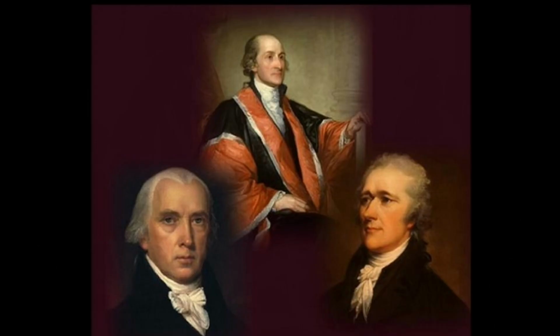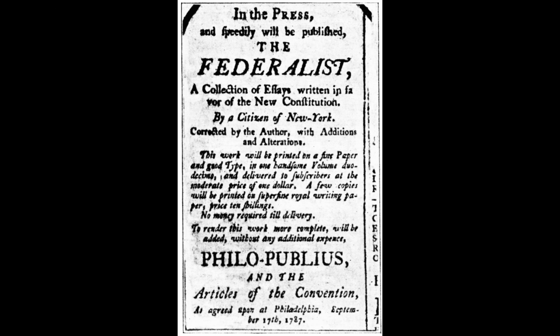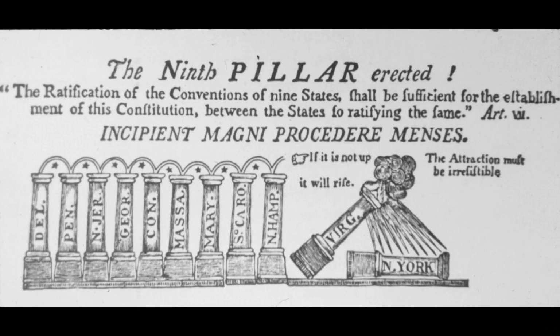The Federalist Papers were a series of essays written by Alexander Hamilton, James Madison, and John Jay. They were published to promote the ratification of the Constitution. On June 21, 1788, New Hampshire became the 9th state to ratify the Constitution, officially establishing it as the supreme